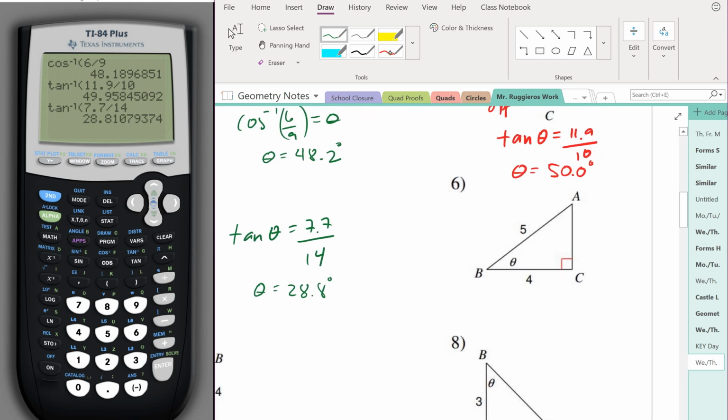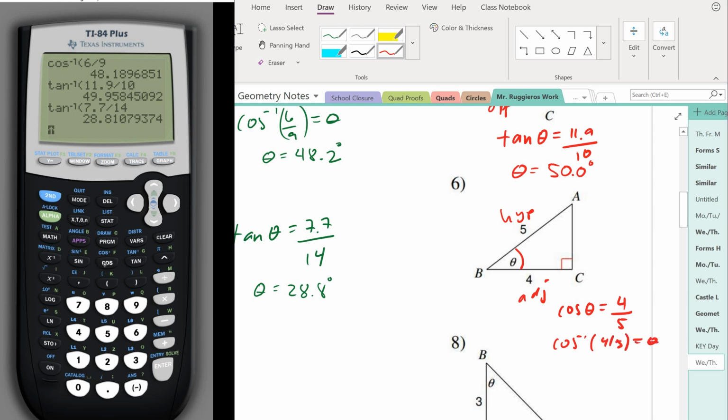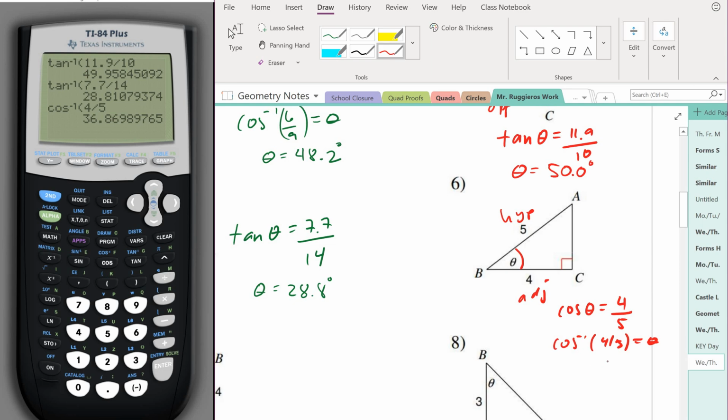And number 6, from theta, it looks like 5 is across from the 90. That's our hypotenuse, and the 4 is adjacent. So it's a cosine. The cosine of the angle is the adjacent over the hypotenuse. Let's do our inverse. I'll do second cosine of 4 divided by 5, and theta should be about